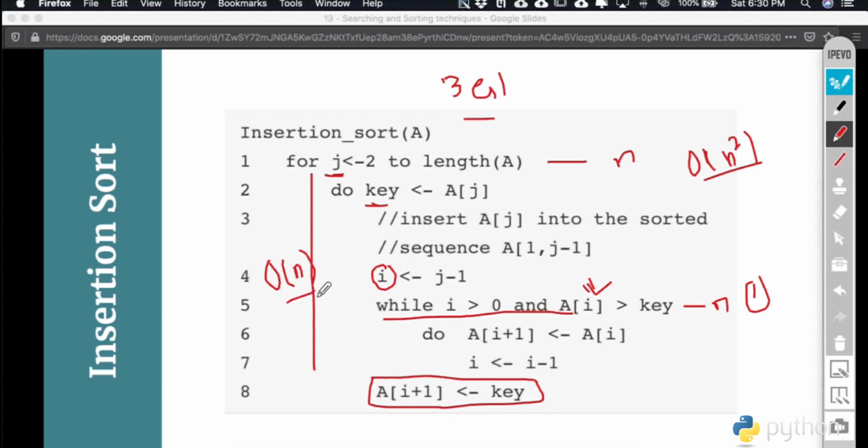So when we look at a particular problem, we generally look for 3 cases, what we call best case, worst case, and average case. Worst case is like, if you are doing searching, you do not find the item. If you are doing sorting, you have been given a completely reversed list, like you have a descending order list, and you have been asked to sort it in ascending order. This is the worst case. Best case is like the item that you are searching for is the very first item that you get. This is the best case.